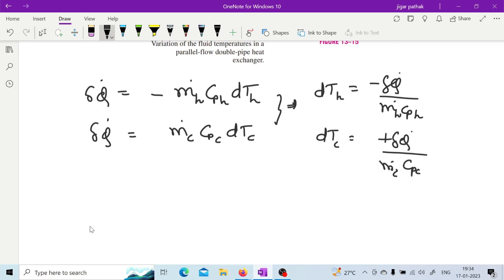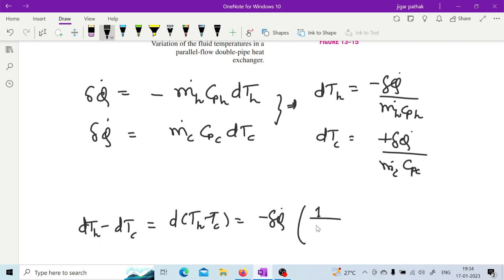So from this you can write dTh minus dTc, that is d(Th minus Tc),